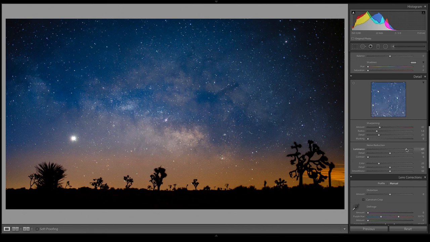It's kind of what I was doing before with the clarity slider, dropping the clarity. It makes the parts of the sky without clouds or without stars smooth, but we're still able to see the sky. Now, if I drag this all the way to the right, you can see that it starts to get a little bit blurry, especially the edges of things like here in the plants. I don't like that, but bringing it up quite a bit helps. And you can see in the detail panel how much is actually being affected. So if I take this down, see how much grain there is. Now, if I bring it up, it gets rid of a lot of that grain, and I think it looks a little bit cleaner.